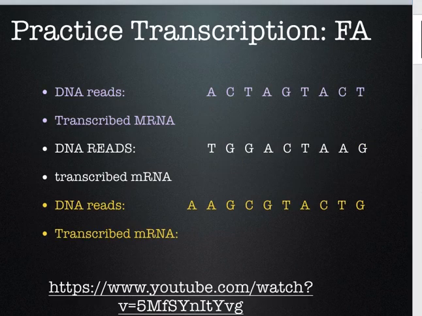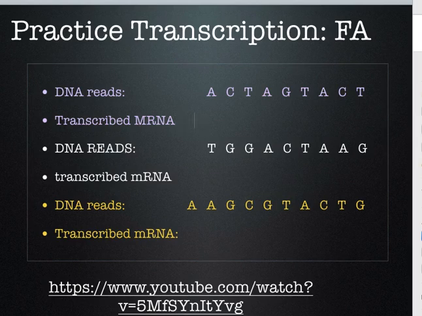All right, so let's practice. Okay, so if we come here, transcribe to mRNA. Looking at those notes, what letter bonds with A? U bonds with A. G is easy. C bonds with G. T, there is an A in RNA, so that's going to be an A. Is there a T in DNA? Nope. So that gets a U. Okay, so if I transcribe the rest of this,